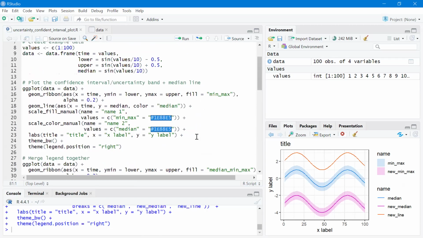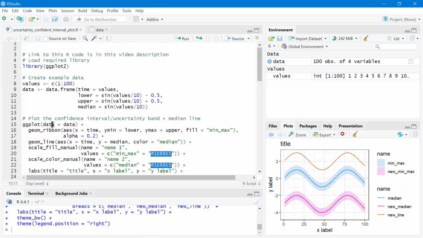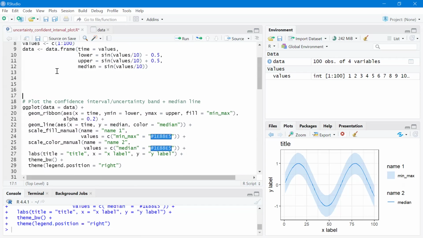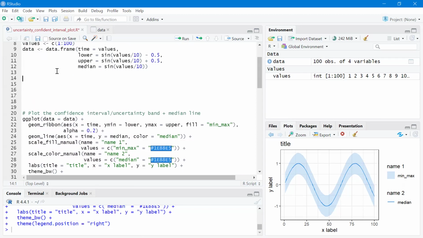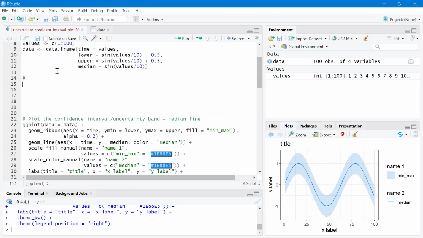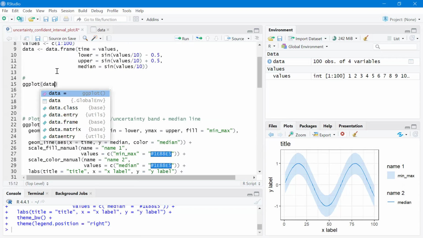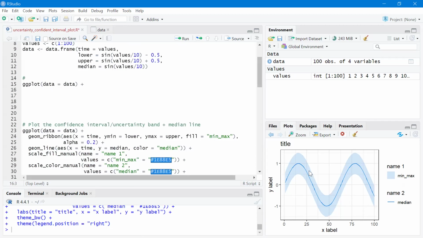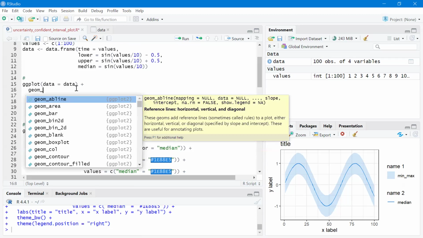Let's go up and then here, Control Enter, and I will explain the first plot in here. So first we need to call the function ggplot. Our data is data here because our data frame has the same name. And then to create the shaded area in here, so the confidence interval, we use geom_ribbon